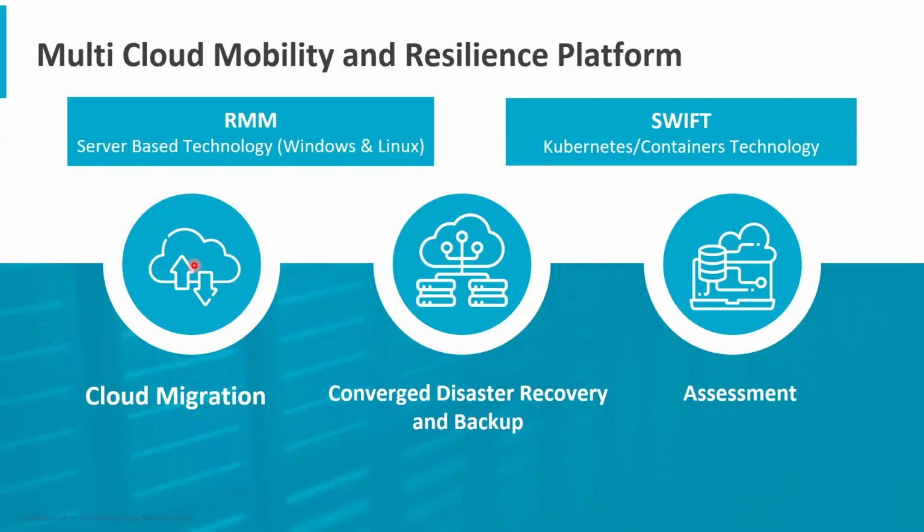Now with DR and backup, we have a converged solution. So with disaster recovery, you create DR policies wherein you specify the intervals at which you would want to perform the delta sync. So RMM syncs are asynchronous, driven by the periodicities or the intervals that you configure in your DR policy. Once you do that, RMM then starts performing delta syncs from production to the DR site, and your